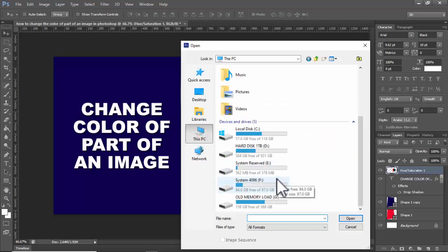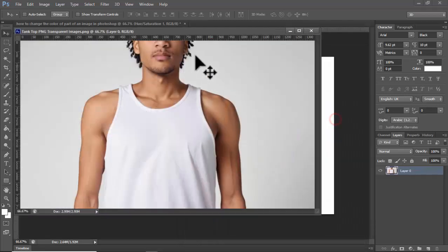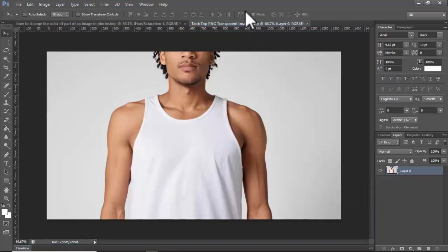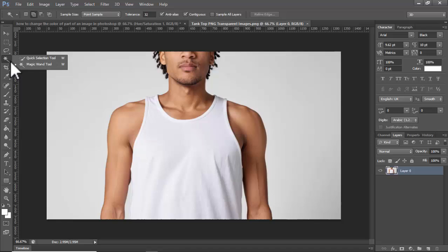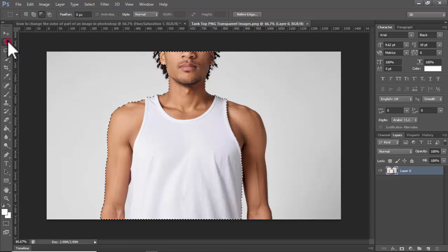Open any image. You can choose any selection option, the quick selection tool or the magic wand tool, as you wish. As an example, I simply select this rectangle marquee tool, then click this icon, then select this,